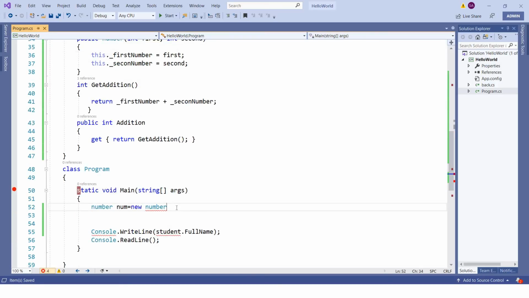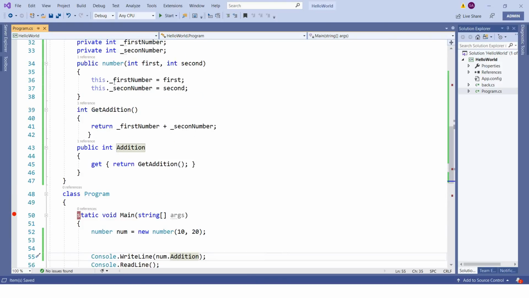Now we'll use new Number and pass the values 10, 20. Then we'll simply call this. Instead of storing it, let's directly print it. We'll print addition, num dot addition property, and we are done.